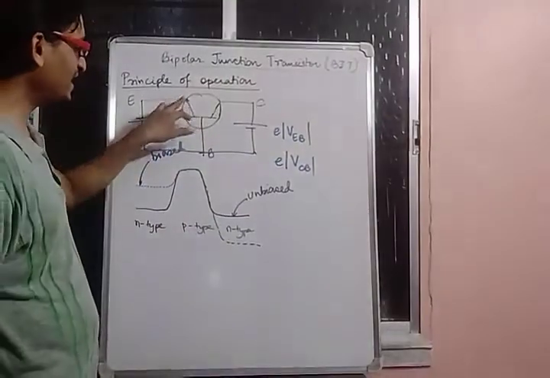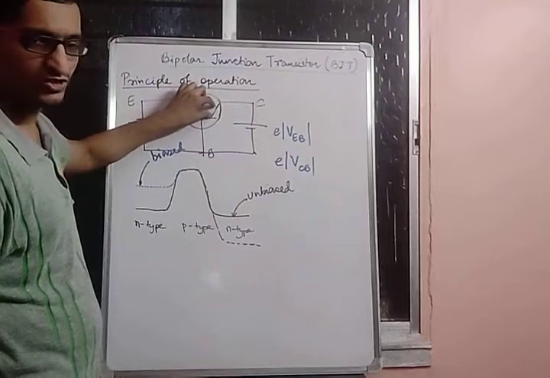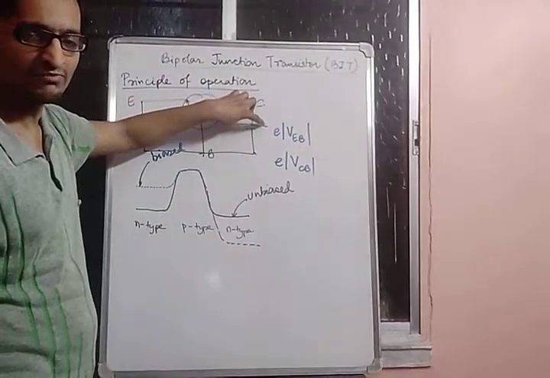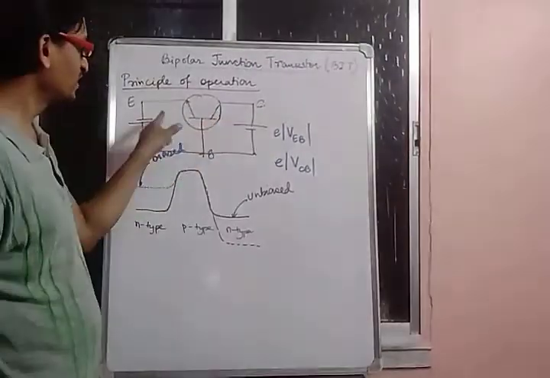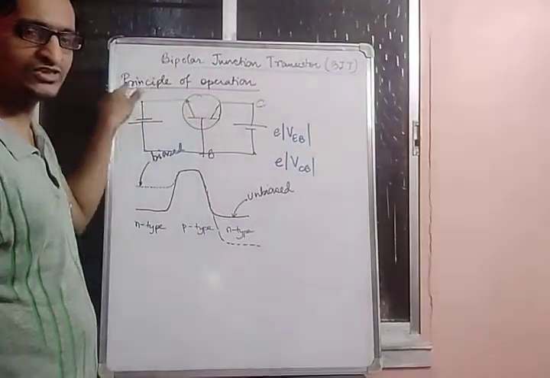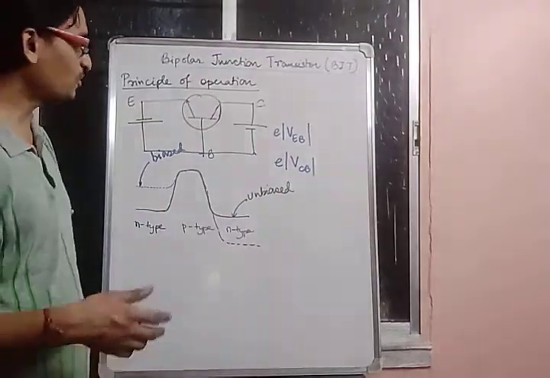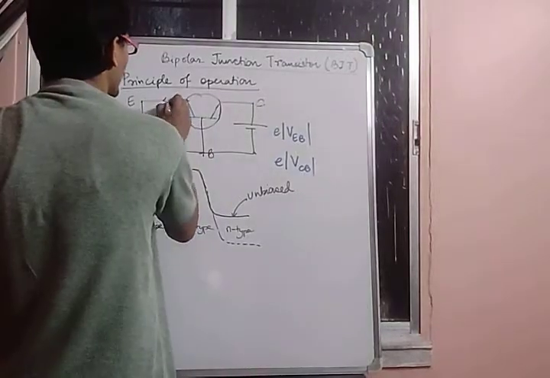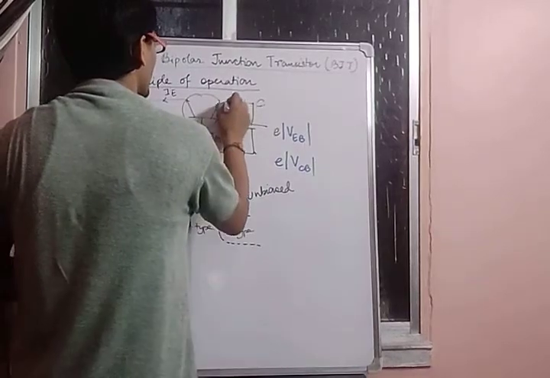So what is happening is that few electrons get lost in the base region, and the majority of the electrons come to the collector junction. From there, the electrons are attracted by the positive terminal, and this results in the flow of electrons. Since electrons are flowing in this direction, the conventional direction of current will be opposite. As we have already discussed, the conventional direction of current is opposite to the direction of flow of electrons. So your emitter current will flow in this direction, this will be your base current and this will be your collector current.